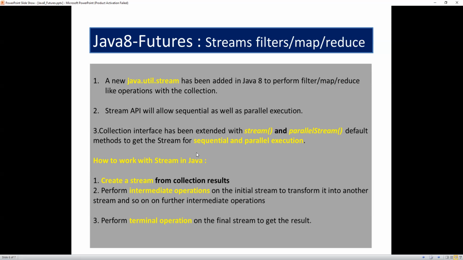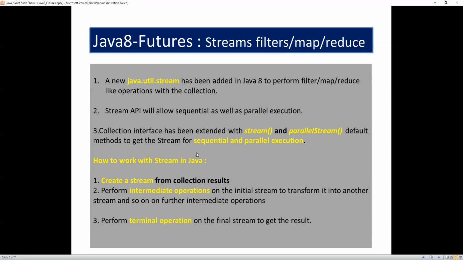Streams are simply introduced for data manipulation to get the result based on some conditions. Also, streams are lazily loaded and not cacheable, and they give more performance compared to collections, which are eagerly loaded.